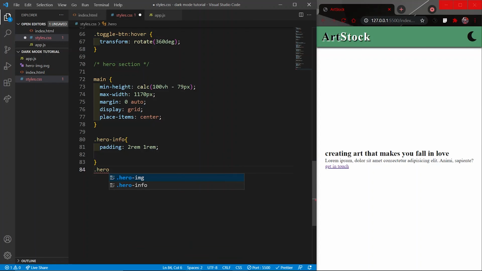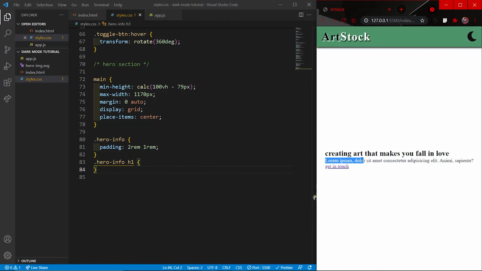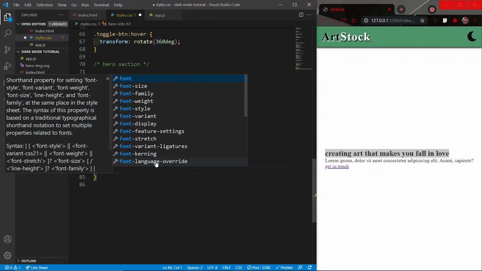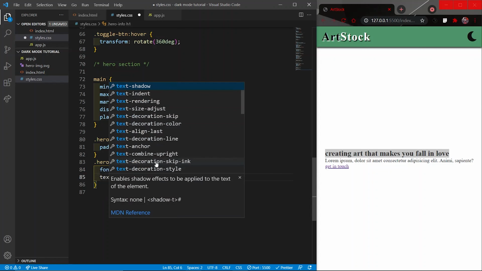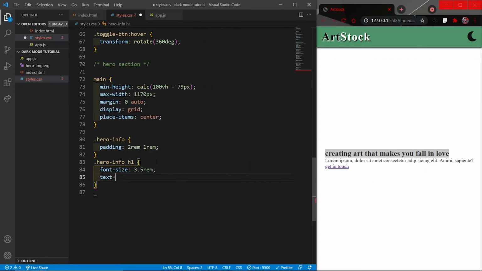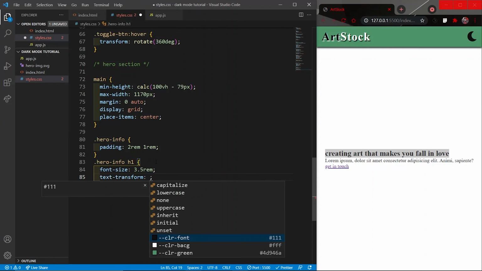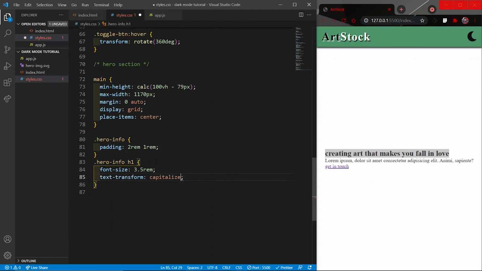Then I will select the h1 inside the hero info, which if I save and show you this part, and I will give it a font size of 3.5 rem, text transform will be capitalized, and the letter spacing will be 3 pixel.